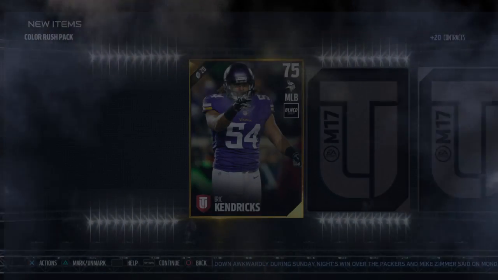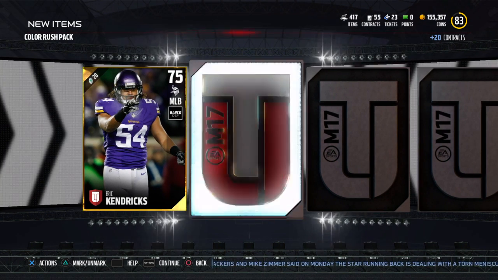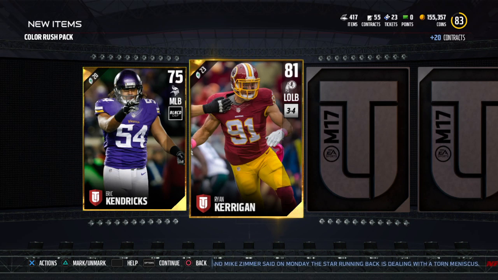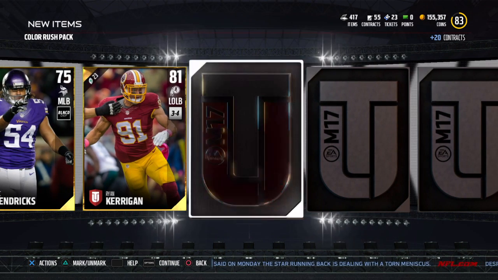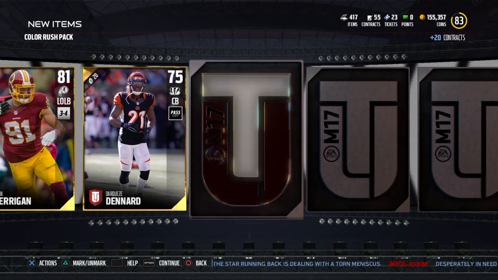So let's get into this pack opening, dude, and we get an Eric Kendricks. Okay, that's pretty nice. I was actually running him at middle linebacker, like backup middle linebacker, slash backup fullback, slash backup tight end. Don't judge me. And he'll go for some coin too, because I guess he'll probably get at least 2K on the market. And we get a Ryan Kerrigan, get a Dequise Denard,